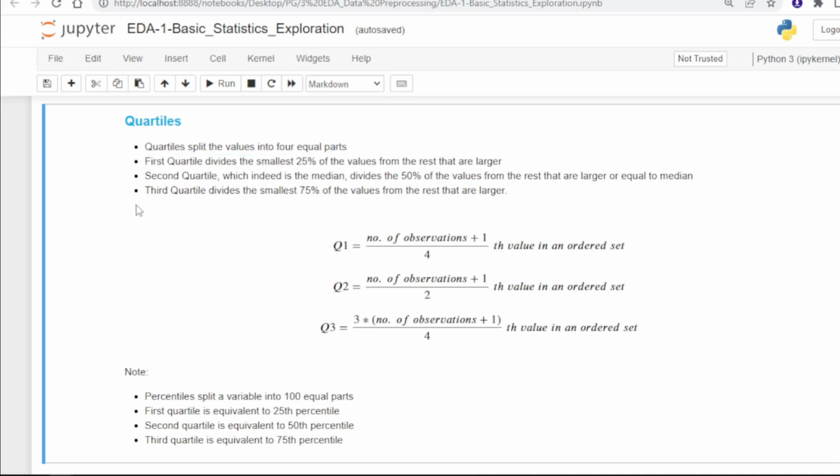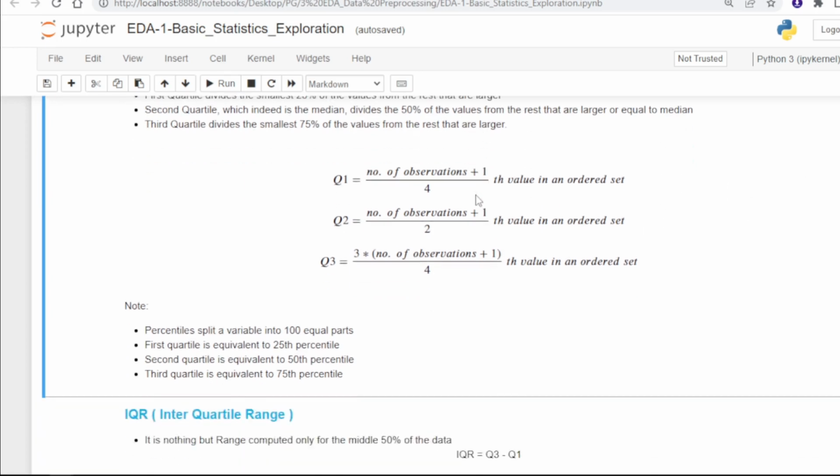The second quartile, which is indeed the median, divides the 50th percentile of the values from the rest, which are larger than or equal to the median. And the third quartile divides the smallest 75th percentile of the values from the rest that are larger. So this is Q1, Q2, Q3: first quartile, second quartile, third quartile.